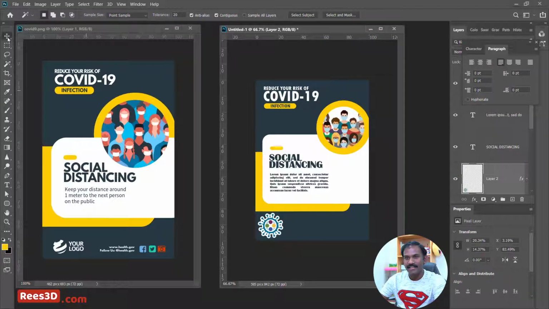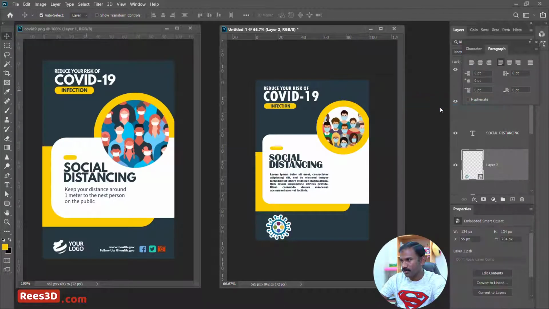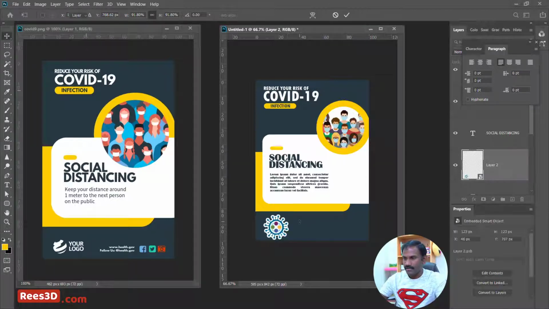Nice. Okay, so I'm going to push this a little bit to the right side, and I'm actually going to convert this into a smart object as well. So what will happen is, if I make this image smaller, it is going to maintain the existing quality. It won't lose its quality. So I can actually happily make it smaller, and I can just bring it back to the size that it was earlier. So finalize that,